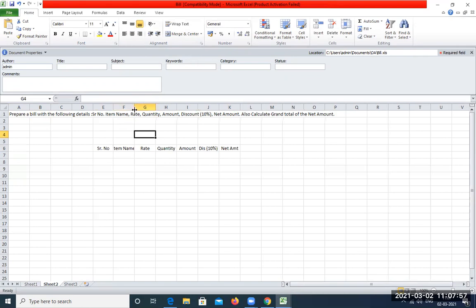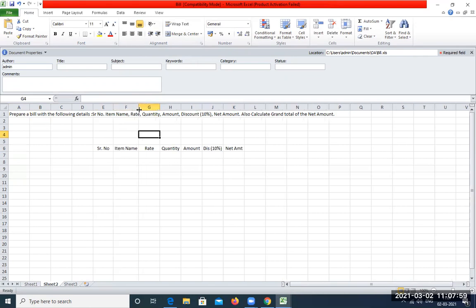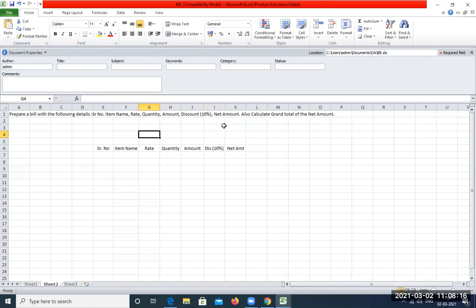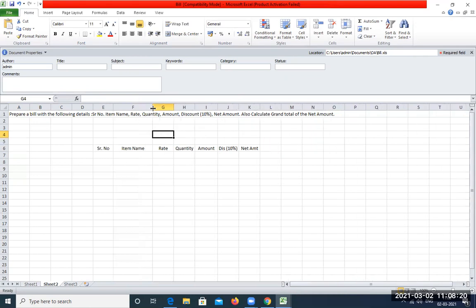So we are going to increase this by placing our cursor over the particular column, waiting for this two-headed arrow, and then just dragging this. Like this we are going to increase the column width.